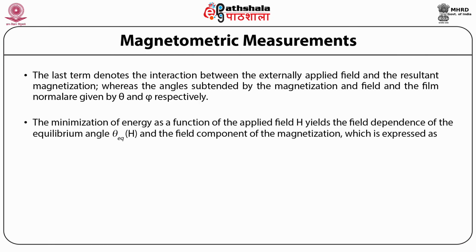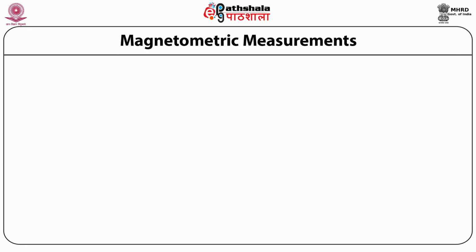The minimization of energy as a function of the applied field H yields the field dependence of the equilibrium angle theta equilibrium, which is a function of H, and the field component of the magnetization, which is expressed as M equals Ms into cos of theta equilibrium minus phi. Thus,